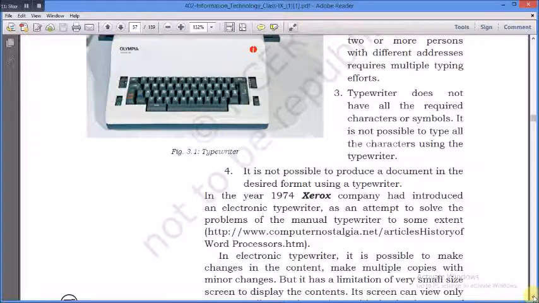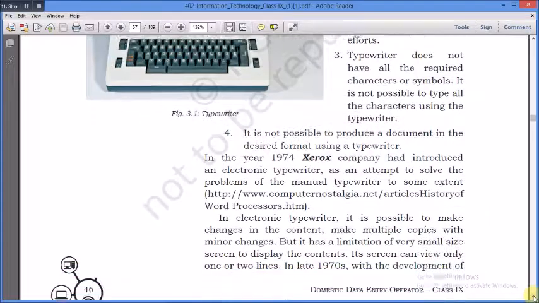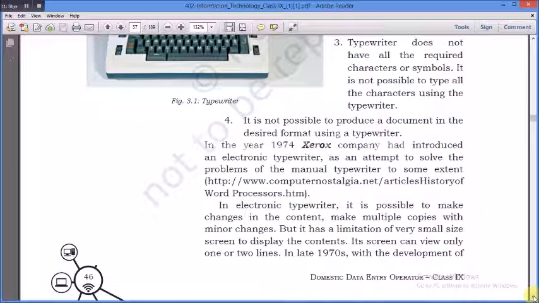In the electronic typewriter, it is possible to make changes in the content, but multiple copies with minor changes have a limitation. In the manual typewriter, if anything goes wrong or there was any error, it needs to be typed again.